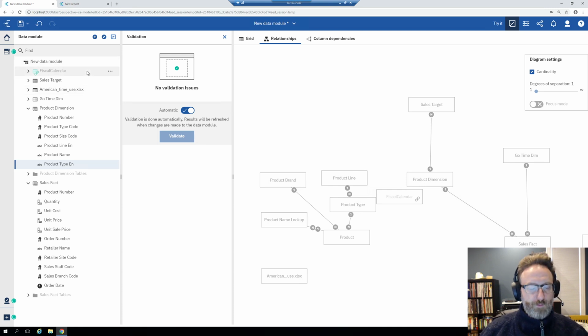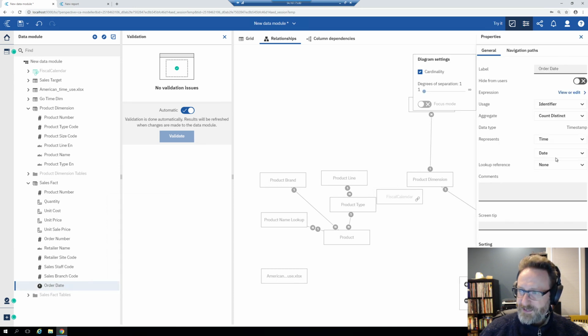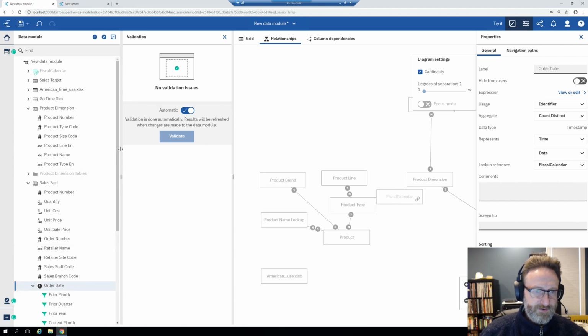And then I'll go into my sales fact and I'm just going to grab order date. Because I actually have a time dim, it's maybe better to do it on the time dim, but whatever. I'll do it here just to show you guys how this works. If I go into the properties of order date, you see lookup reference, I set it to fiscal calendar. Once I did that, it automatically creates these